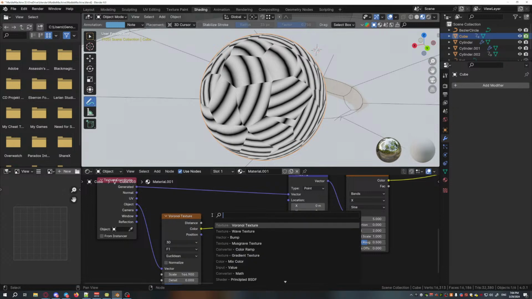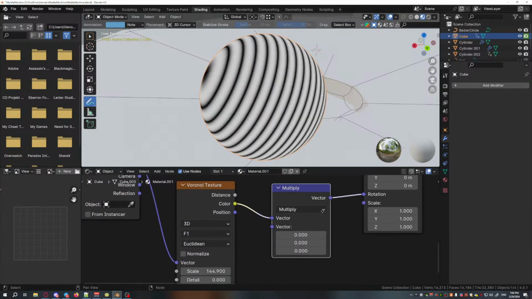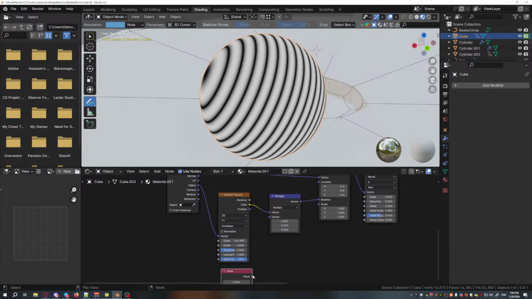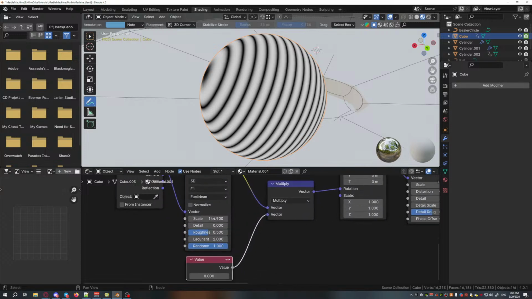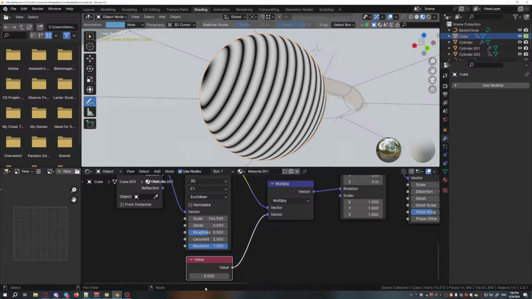And let me get the vector math there and multiply by 0 to show you maybe how it affects it in progress, so that in each of the islands we apply a